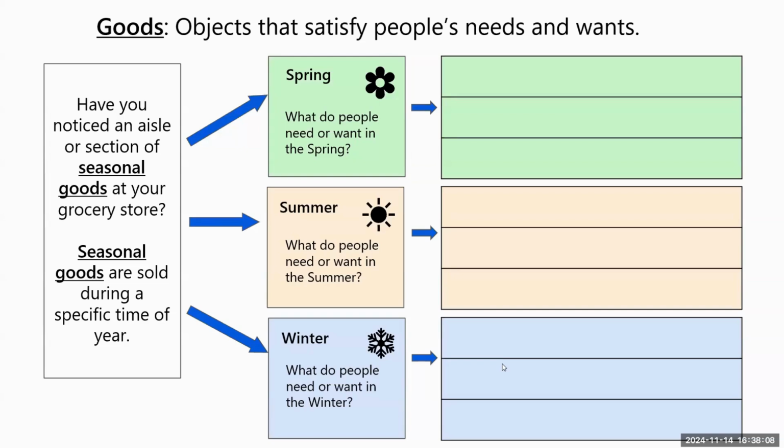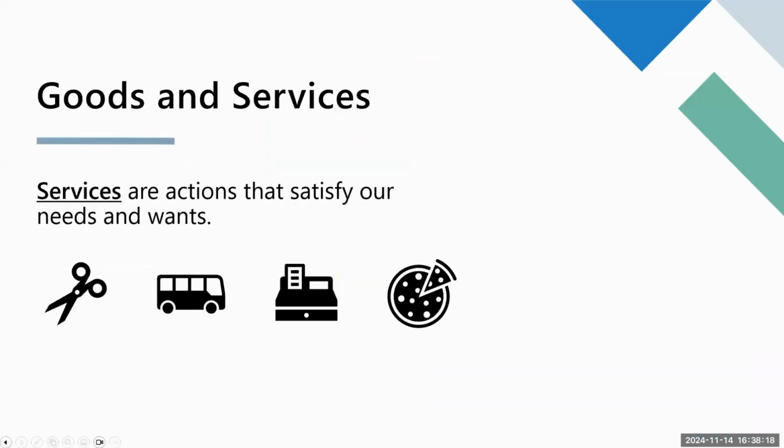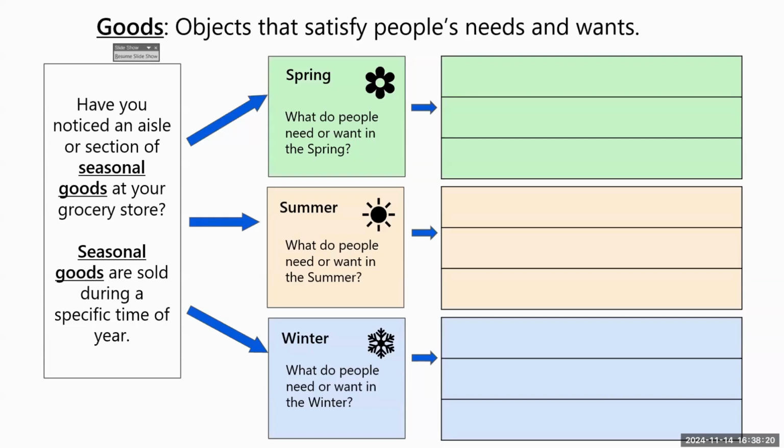Yes, Trader Joe's for the win. Absolutely. So seasonal goods are specific to one time of year. So for spring, Linda and I were talking before we were testing this thing out. So what is a good that people need or want during the spring? And Linda said flowers for your garden, which is great. In the springtime, I will always see the little seed packet displays. We don't really see those any other time of year, and that makes sense. You can't plant them any time of year.